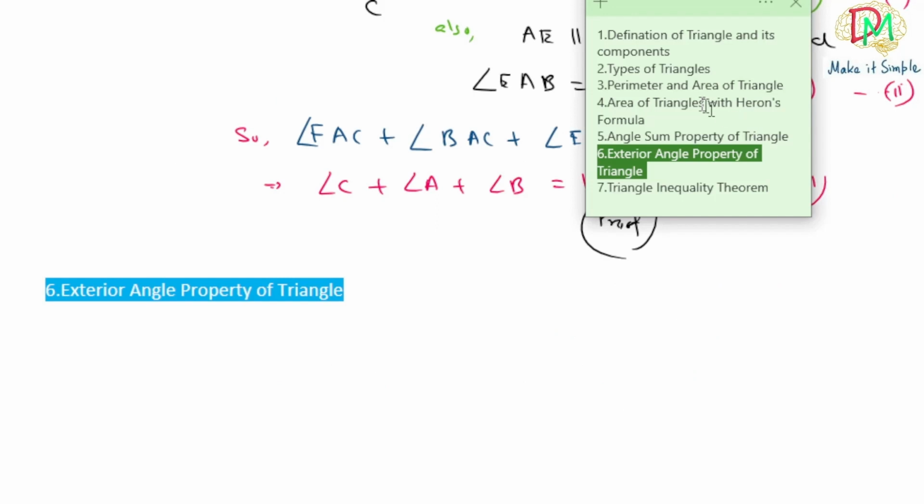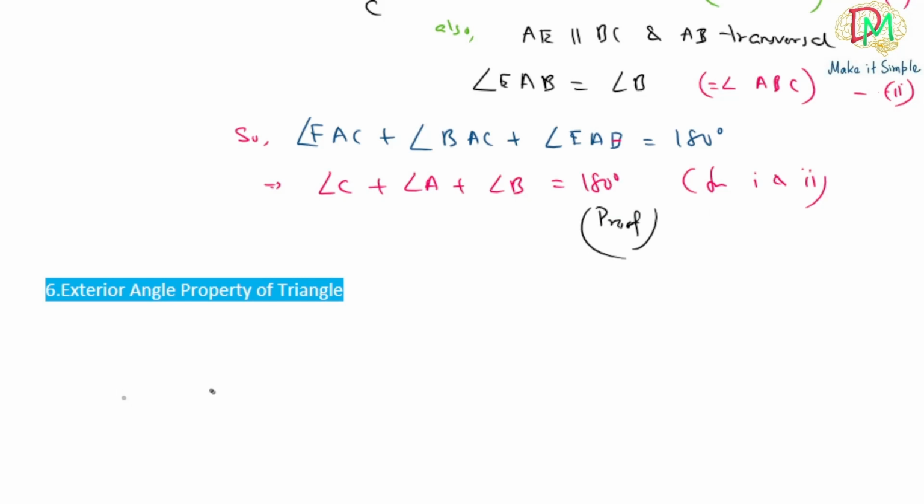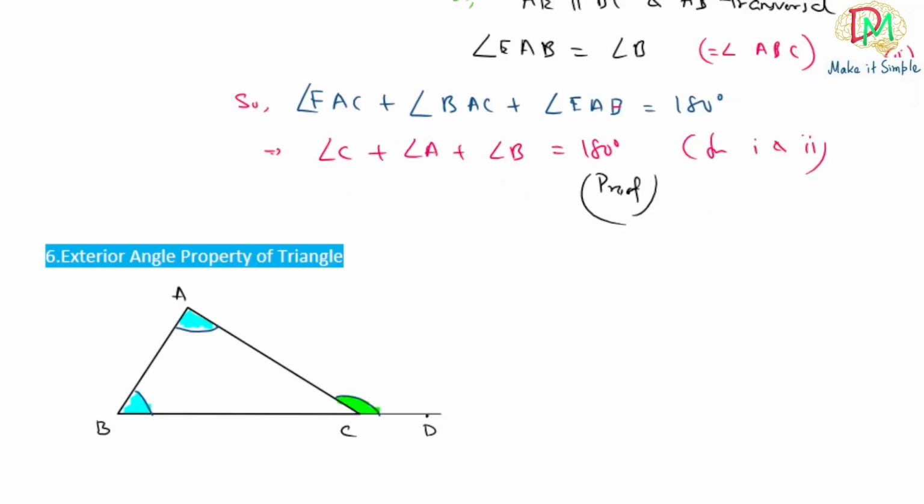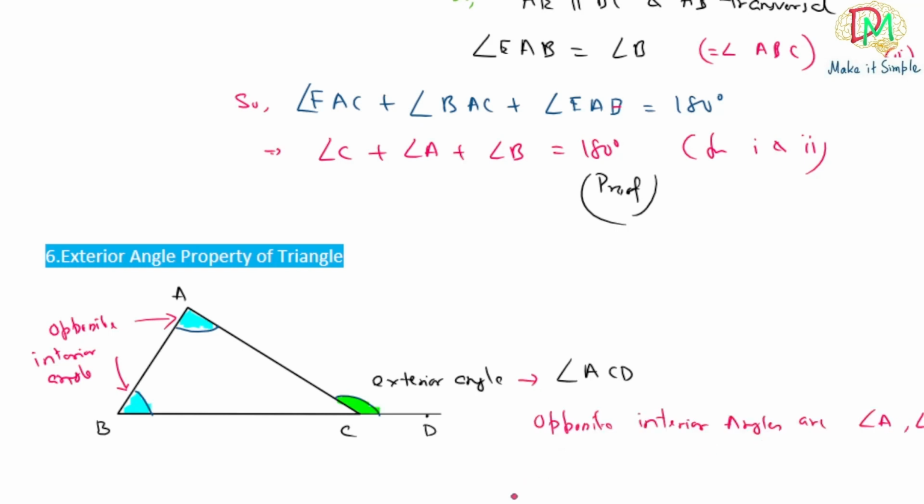Next we learn the exterior angle property of the triangle. What is this? Let's understand this theorem with this example. Here ABC is a triangle. Now extend BC up to D. So we get the exterior angle. What does the exterior angle property say? This exterior angle is equivalent to the sum of the opposite interior angles. So these are the opposite interior angles, angle A, angle B,